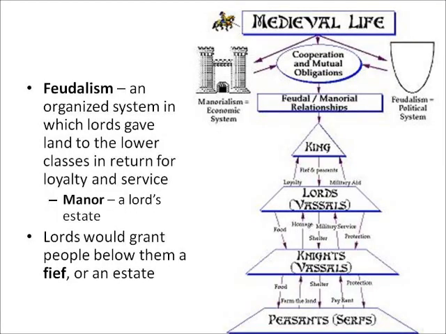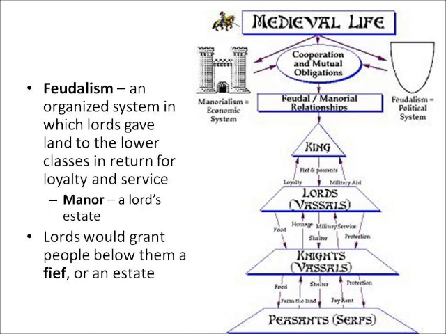So the feudal hierarchy exists within what's called a manor. A manor is the name that's given to a lord or a nobleman's estate. It could be just a small plot of land, or it could be hundreds or maybe even thousands of square miles, depending on the lord. But the structure, the hierarchy on a manor remained basically the same regardless of the size of that manor. And feudalism is the name of that social hierarchy. That's a system where lords give land to the people who are below them, and in return they get things like loyalty and service.